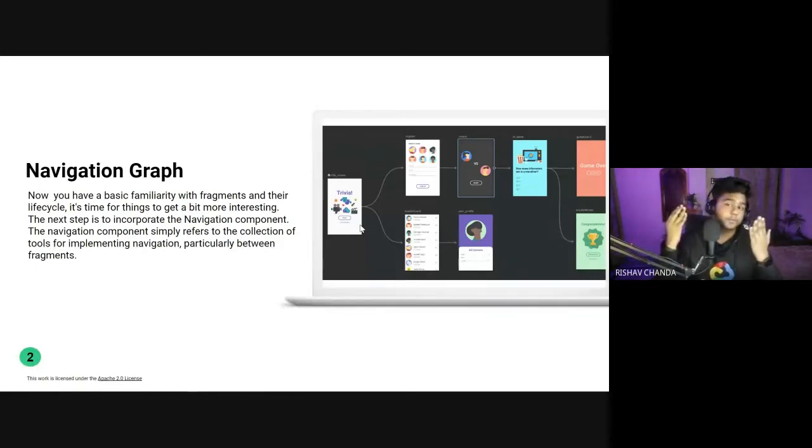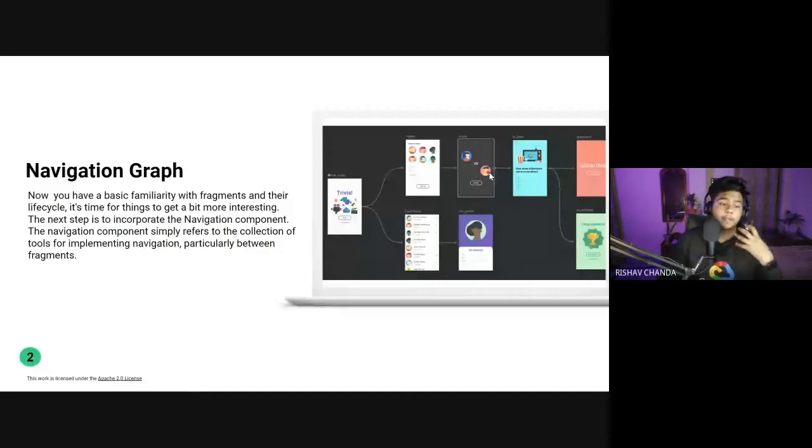When you are moving from one screen to another, you are not able to visualize how your screens will be navigating. But if you are using fragments and a nav graph, you can simply visualize it. In this one, you can see that from this screen it is going to this one, then from this screen it is going to this one.